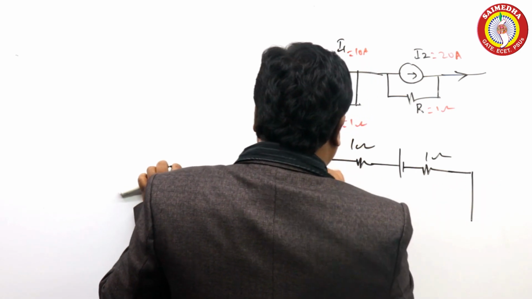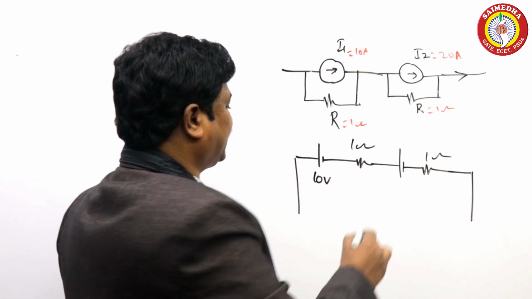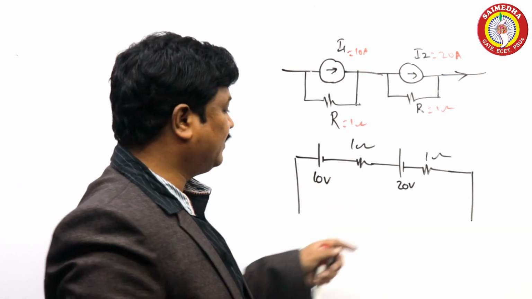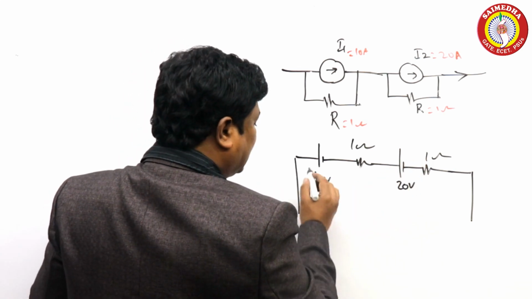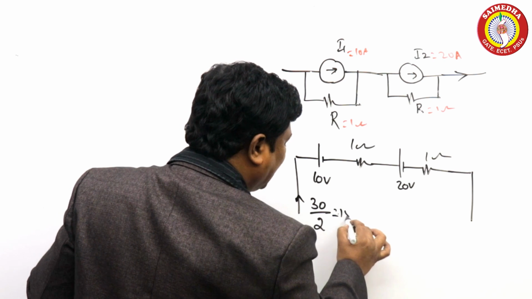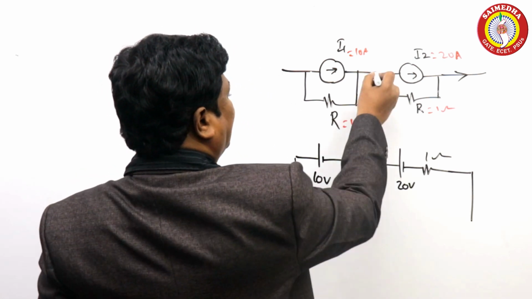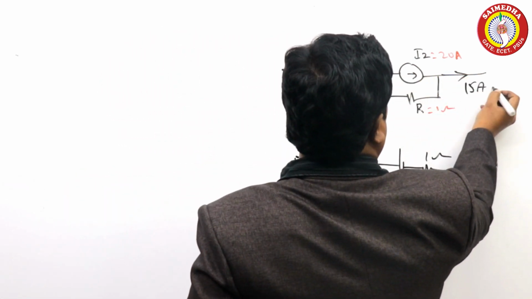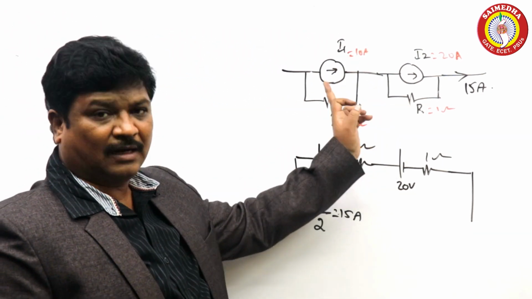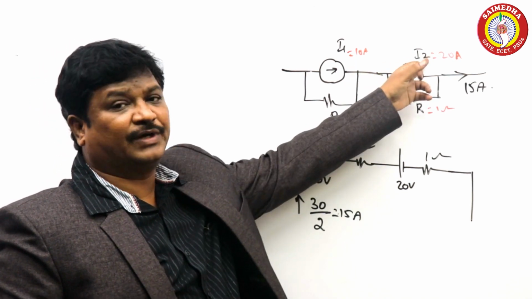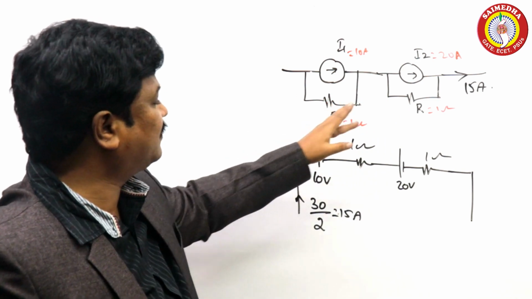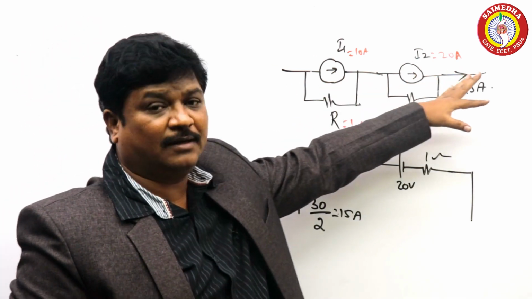So now, how to calculate the current for this one? What is the net voltage if you bring them together? 10 plus 20, 30. 30 divided by 2. The total current passing through is 30 divided by 2 ohms, that is 15 amperes. Hence, the current here is 15 amperes. Of course, because equal resistances are taken in this example, 10 amperes and 20 amperes, we got exactly the middle value. If you take some other values, say 5 ohms, 6 ohms, you may get some other value of current.